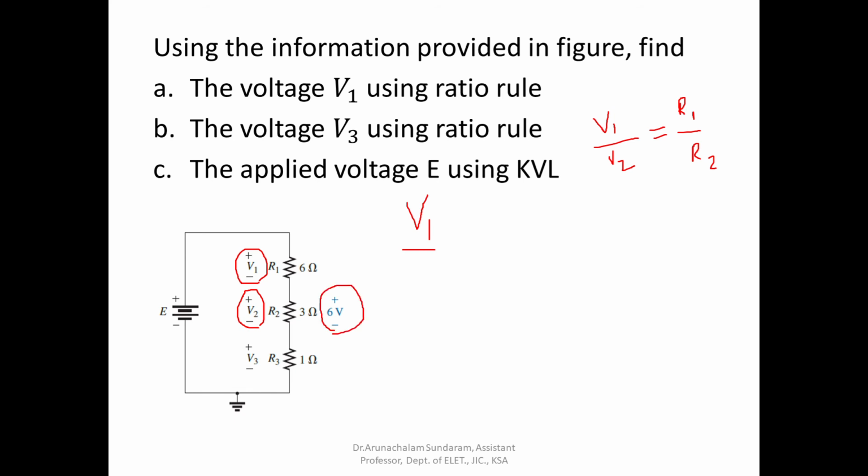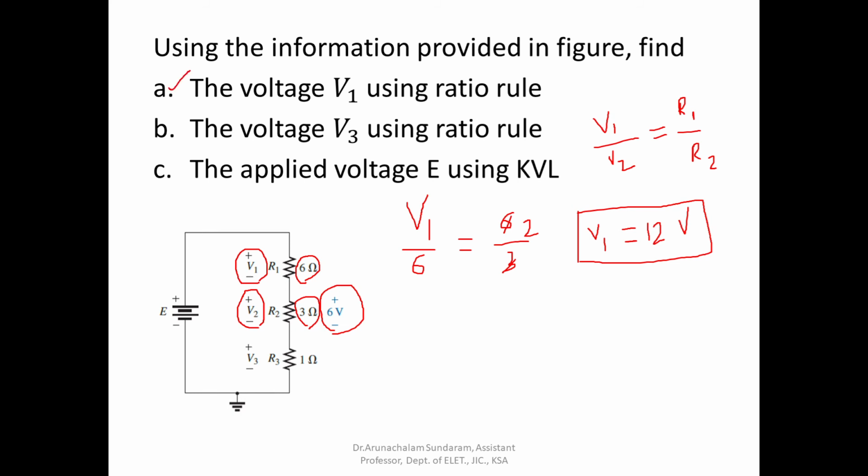They have given you V1 by 6 is equal to R1. Do you know R1? Yes, R1 is 6. So 6 divided by, what is R2? R2 is 3. So what is 6 divided by 3? So the V1 answer will become, let us divide this 2 times, so it becomes 12 volts. So now you see, without calculating the current, I am calculating the voltage across resistance 1. So this I am able to do.